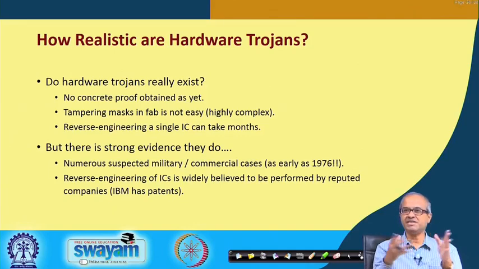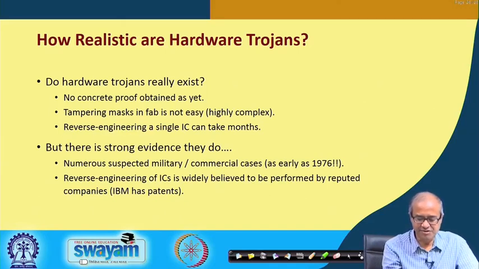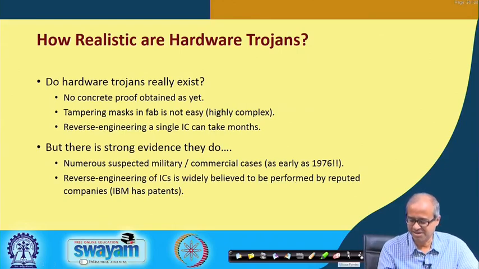When you buy, you test, they work fine, but at the time of war you try to fire the guns and you see that suddenly the guns are getting locked, they are not firing. So, we suspect that there may be some Trojan inside, someone is possibly controlling your guns remotely from other places, maybe through satellite, you do not know. Okay. So, reverse engineering of ICs is also quite common in many industries like IBM, and many others also.